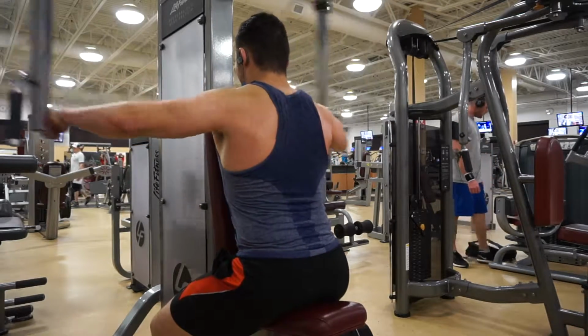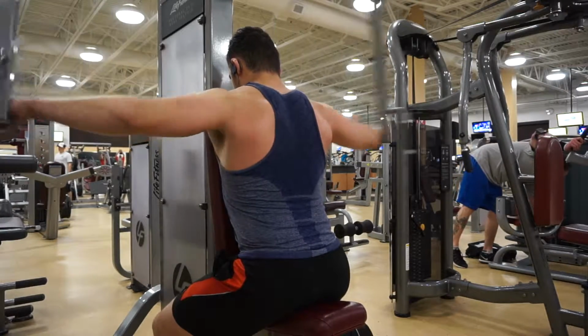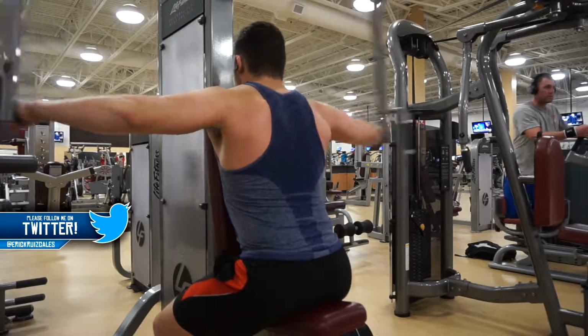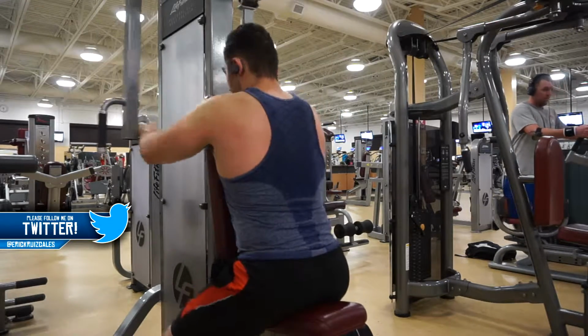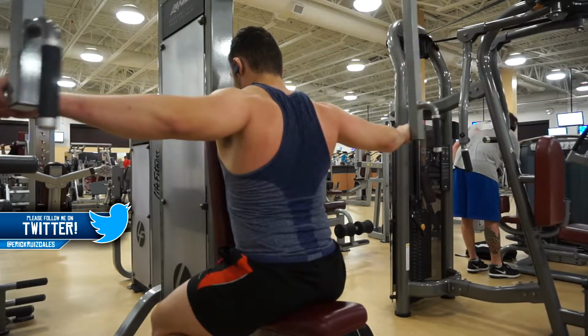Here we go. On the note of actual rear delt deficiencies, I have been increasing some of the volume. This used to be a prime movement that I would do for my rear delts, but I don't feel it as much as I used to when I first began lifting. I think it's more of a mind to muscle connection kind of thing. I'm sure if I do this movement more, I'll actually create a better connection with my muscle,